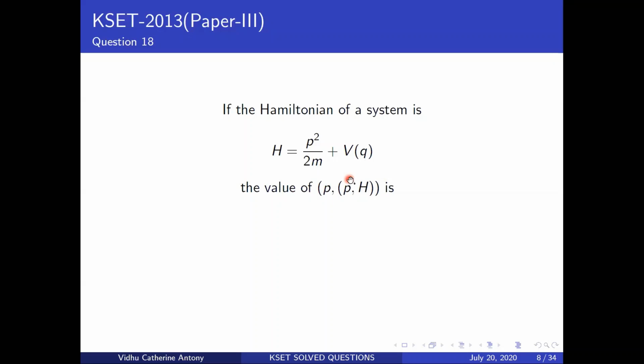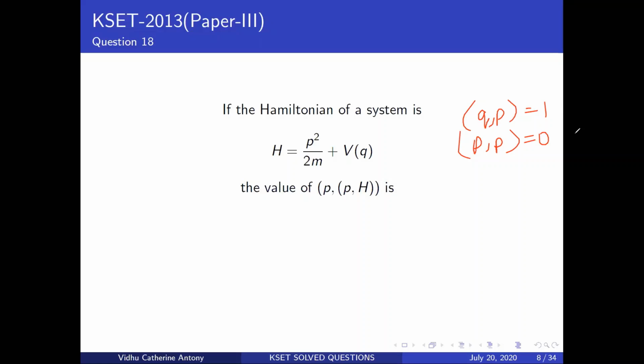So you've got three functions here. You've got a p, and H. Okay, so the basic idea is this. What you're supposed to remember is that {q, p} is equal to 1, and if you have {p, p}, it's going to be equal to 0. Both of them are the same. You should probably try and calculate this out once and then remember it.